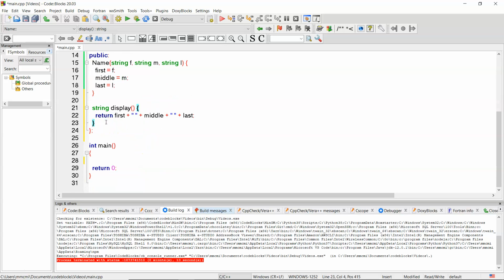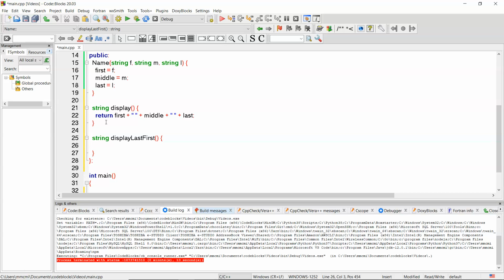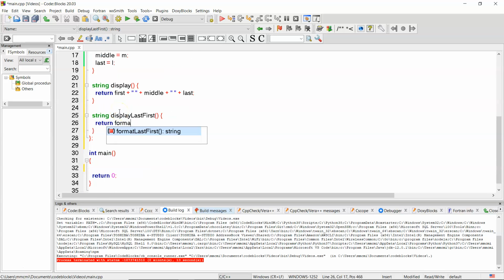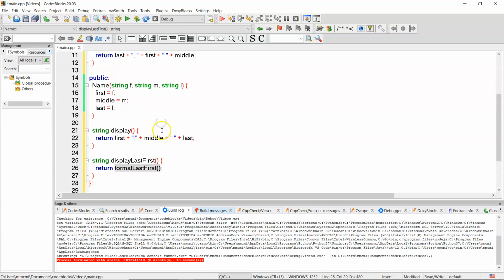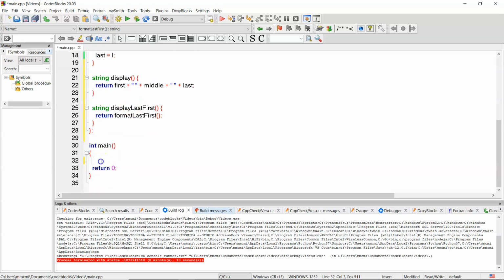So then in my public interface, we write a member function called display last first, and it's simply going to return our private function format last first. But what we've effectively done is we've hidden the definition of format last first by putting it in the private part of the class, so that if I try to access it, so watch, let's say